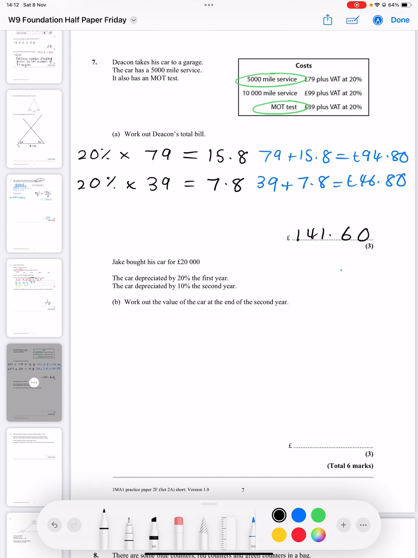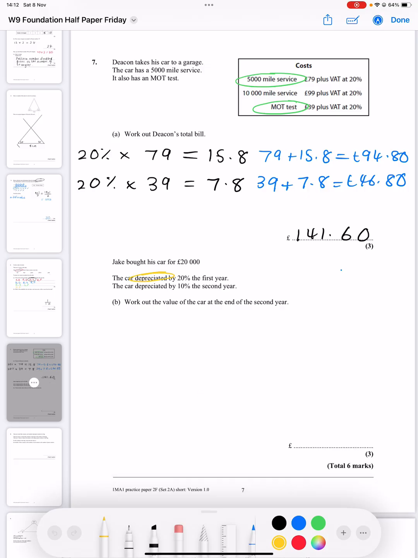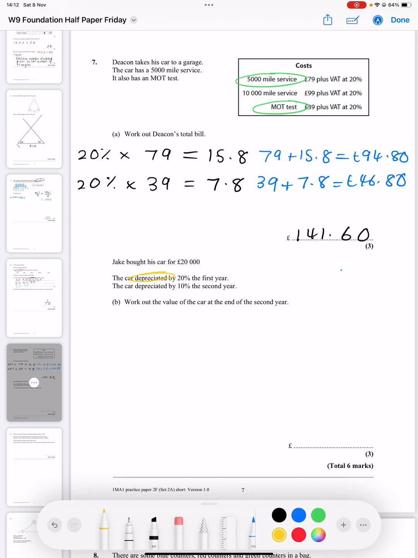Jake bought his car for £20,000. The car depreciated by 20% in the first year and then depreciated by 10% in the second year. Work out the value of the car at the end of the second year. A common mistake that we see is people think that you find 30% of 20,000 and subtract it, but this is a repeated percentage change, so we need to take each of the decreases, which is what depreciate means, once